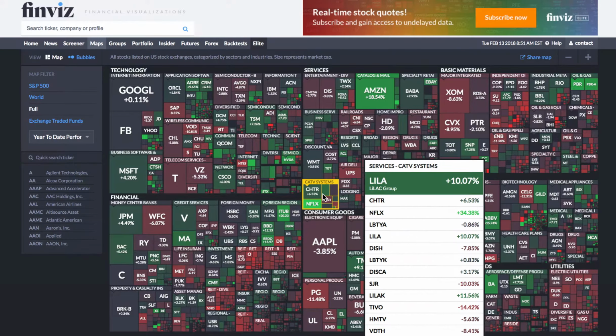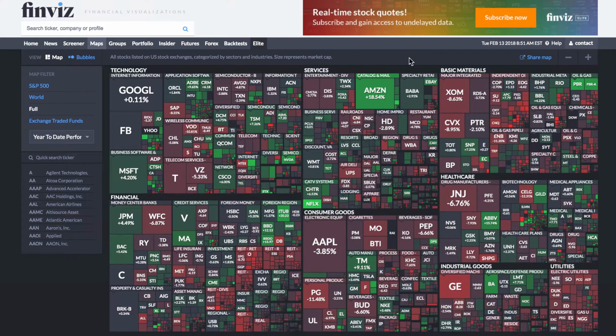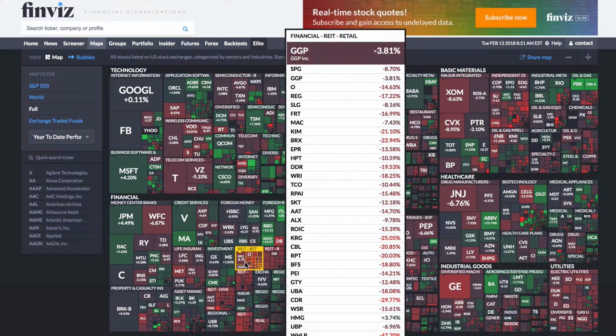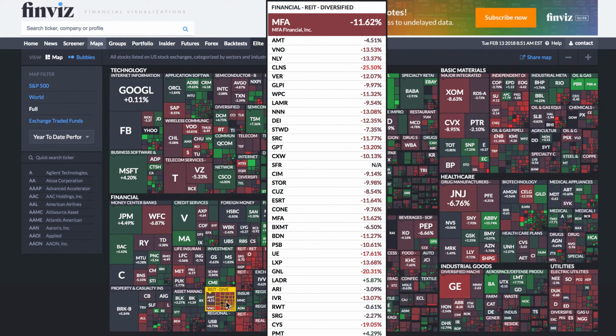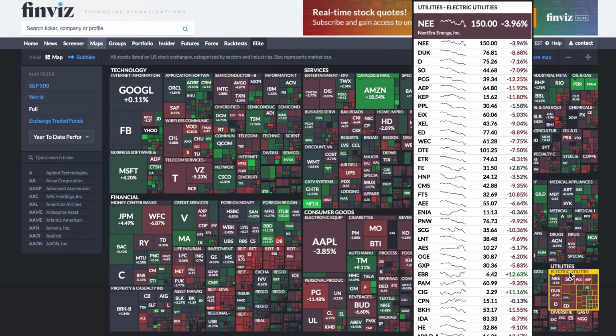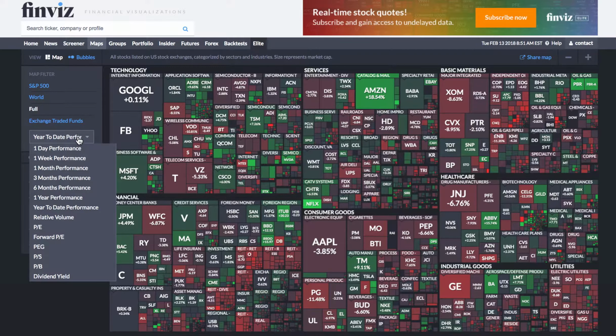So you can see some of the standout names compared to the overall tone, which is a little closer to break even, and you can sort of also see pockets of concentrated areas where they're maybe out of favor with the market, so to speak. In this case, REITs and utilities have been lagging a little bit. Depending on your time frame, you can use different